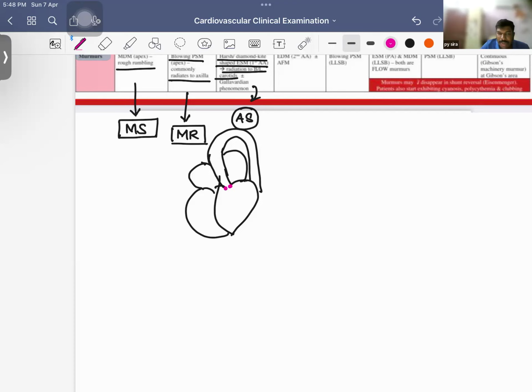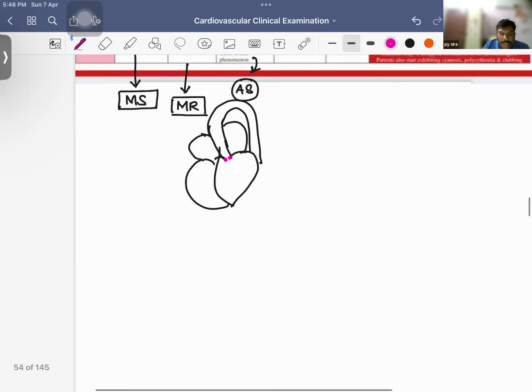Whenever there is a resistance in blood passing through this area, what is going to happen is the blood is going to enter here like this. Because of the resistance, some amount of blood will get entering here, some amount of blood will be returning here. So whenever the person is going to have like this, the patient is going to have an aortic stenosis ejection systolic murmur at the second intercostal space,